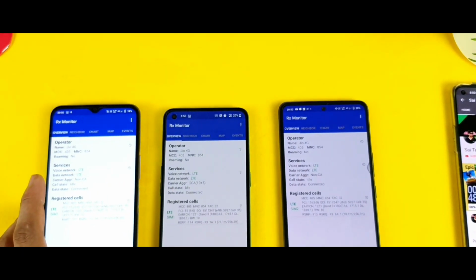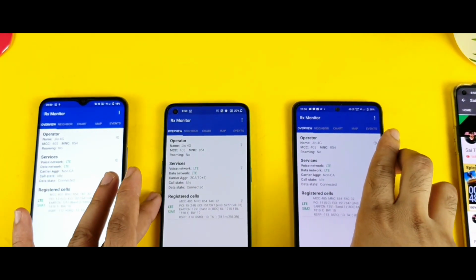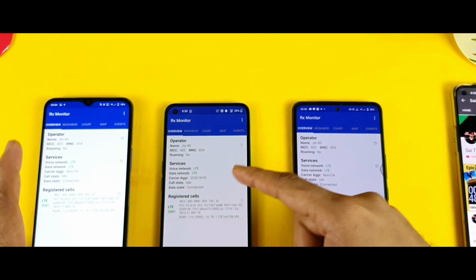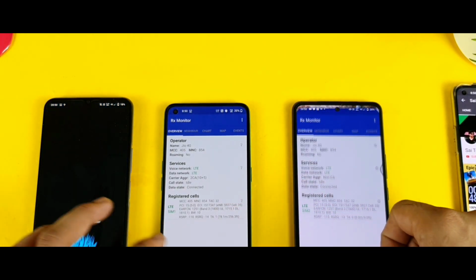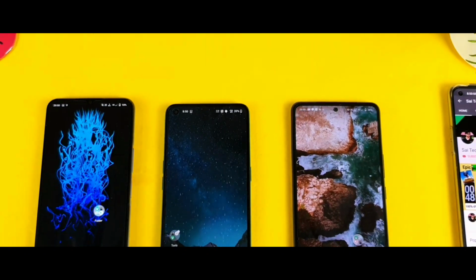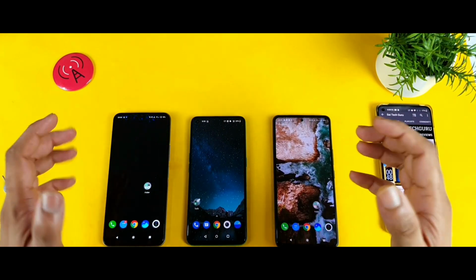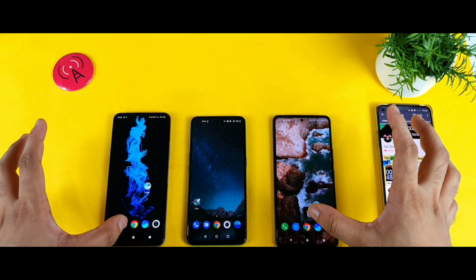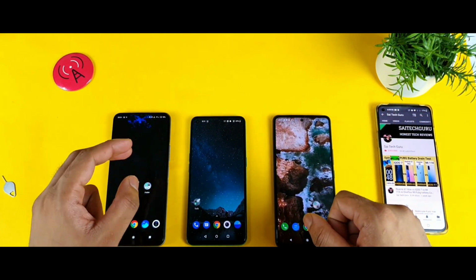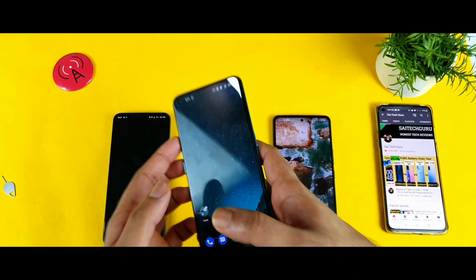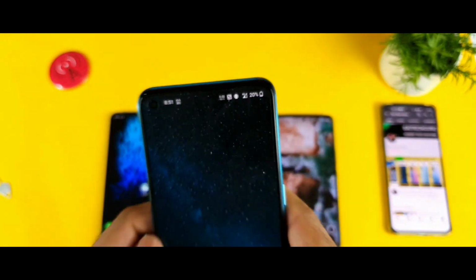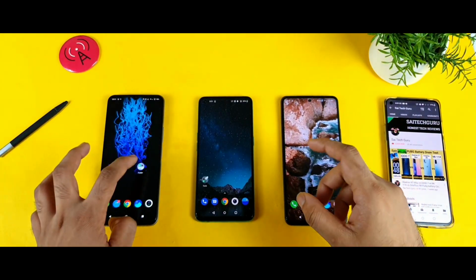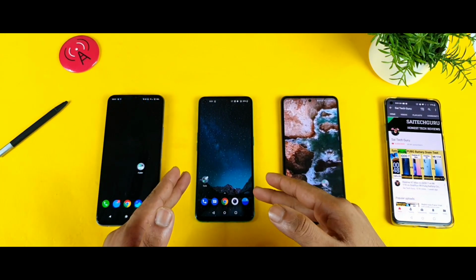So you can clearly see, friends, right now in terms of the comparison, you do see this kind of carrier aggregation in the OnePlus Nord device at this moment. So overall, the clear winner in terms of carrier aggregation is the OnePlus Nord for getting the 4G plus aggregation inside my studio room and in this indoor kind of condition. That is the one thing, and also for having more band support as well. That is another advantage in this smartphone. So friends, in the first test, the OnePlus Nord is a clear winner.